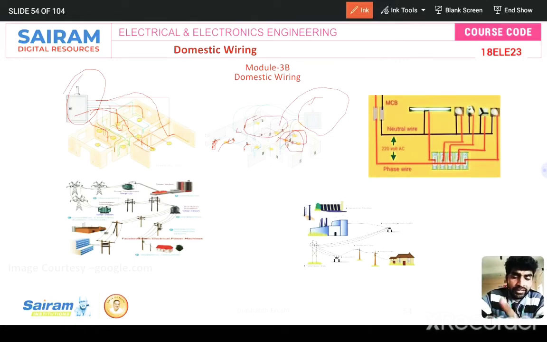Practically, I can show here there is an MCB, mini circuit breaker or miniature circuit breaker, and also we are using a fuse. So we use two safety devices. If one is not working, definitely the other will work, for backup purposes. MCB and fuse are for the safety of the equipment as well as the person operating electrical appliances. If a short circuit or any abnormal condition occurs, the fuse will melt or the MCB will trip off. So both are safety devices.